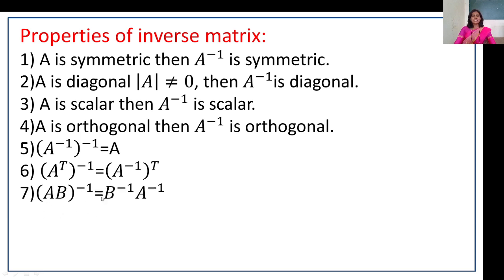The inverse of AB is equal to B inverse A inverse. This is a very important property which is useful for JEE and CET examination. Then the determinant of A inverse is equal to 1 upon the determinant of A. This is also a very important property. So these are the points which are useful for JEE and CET examination. So in this topic we studied how to find the inverse of a matrix of order 2 by 2 and order 3 by 3 by using row transformation. Thank you.